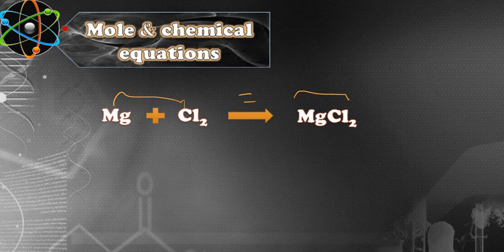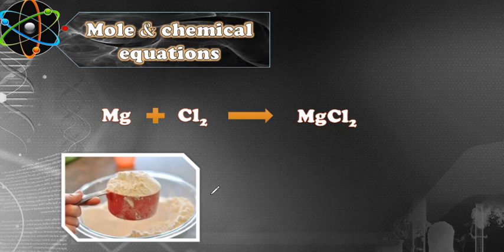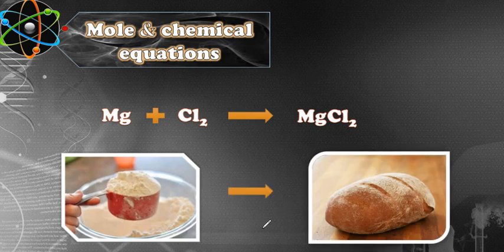So if you want to calculate the mass of the reactant, how much you use of this, then how much you get of this. It's just like when you're making bread. If you use 1 cup of flour, you'll get one bread. If you use 2 cups of flour, then you are going to get two breads. So the matter is like more or less, but in chemical equations, you need to calculate the exact amount of